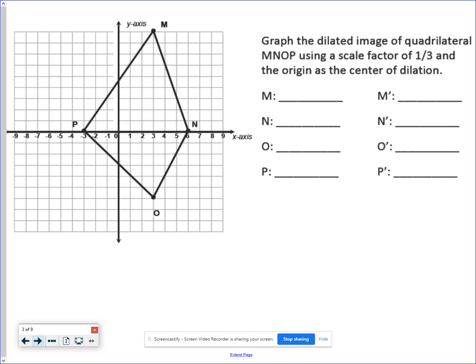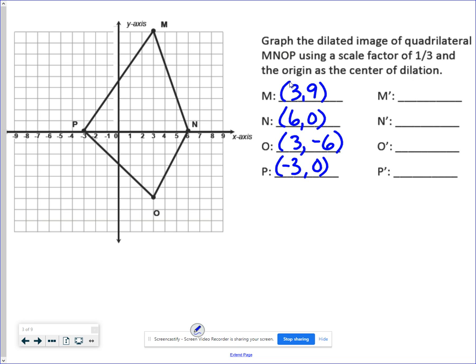So if I have this shape this time, and I've got a scale factor of 1/3. Multiplying by 1/3, you know, is the same as dividing by 3. But again, let's get our original ordered pairs listed here. So M is at 3, and we figured out the top is 9 on that one. N is at 6, 0. O is at 3, and I think that's -6. And P is at